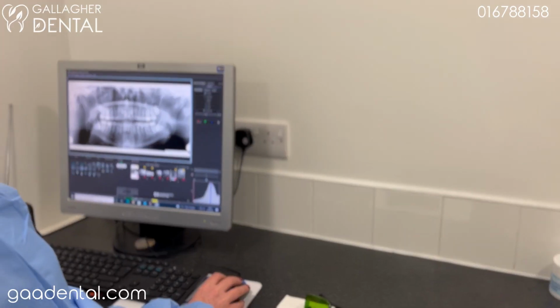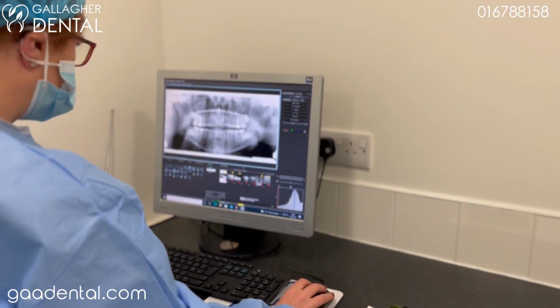Smoking is a massive contributor to gum disease. It stops the healing process of the gums, it masks the disease itself, and it is the major contributory factor of gum disease. There are a few other contributory factors. As I say, smoking is the main one. Hereditary factors. Did your mum and dad, did they have teeth in their 40s and 50s? Used to be called pyorrhea back in the day.